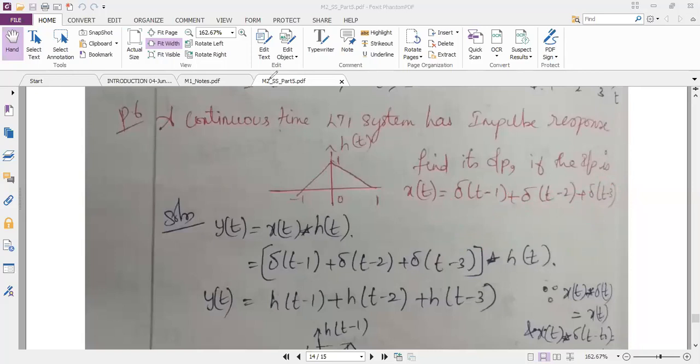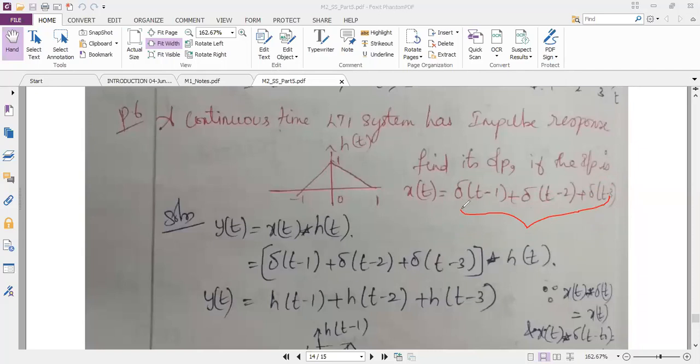But listen here, if the question is in terms of delta function, you need not follow the procedure which we have followed in all the earlier problems. So what is the procedure we have followed? We try to represent both x of t and h of t in terms of diagram. After representing in terms of diagram, we perform the shifting operation, and then we use the formula and find the answer.